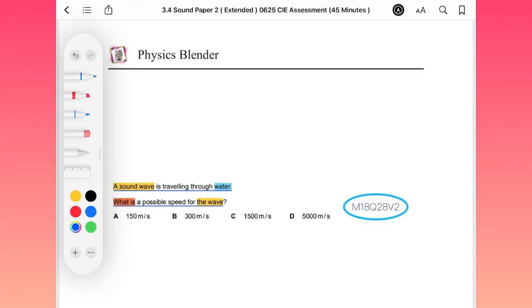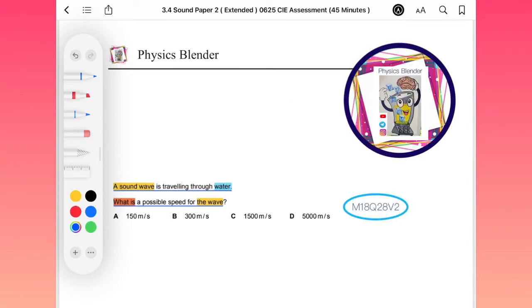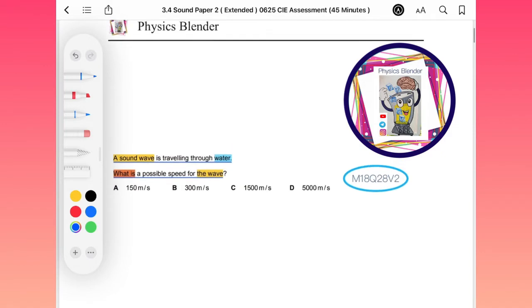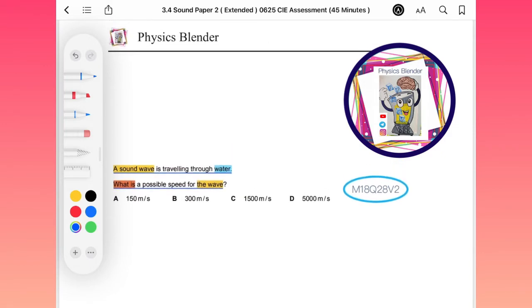Now we have question 2. A sound wave is traveling through water. What is the possible speed of sound for this wave? You have to know that the speed of sound differs from one medium to another according to how the molecules are closely packed or spread out, or move randomly in all directions at a high speed like in a gas state. So you can estimate that speed